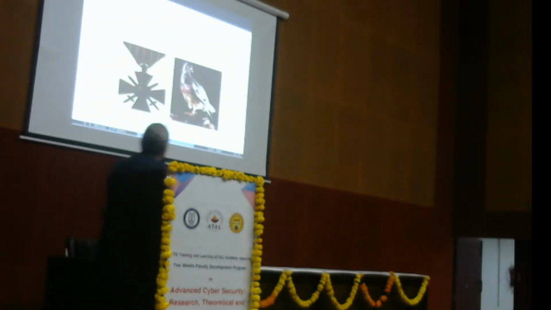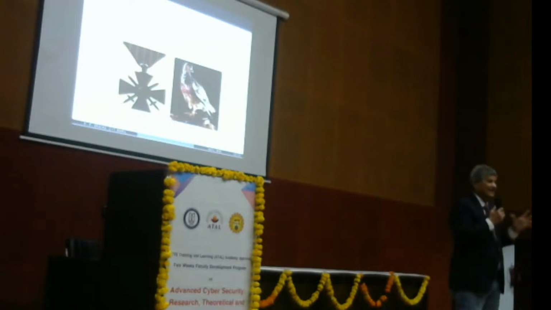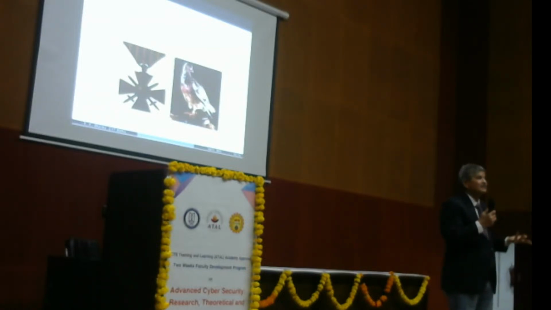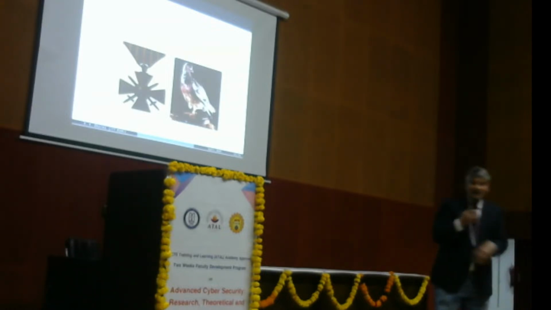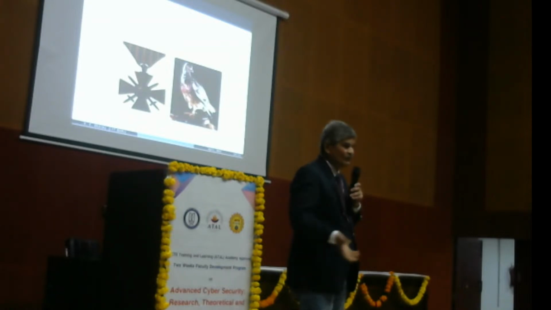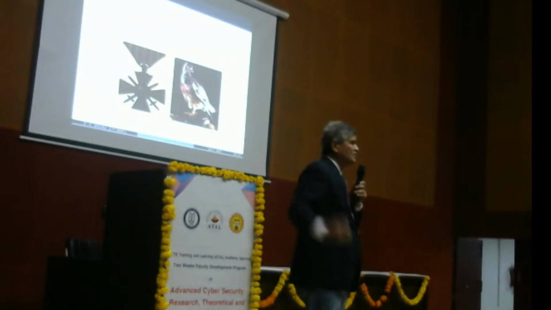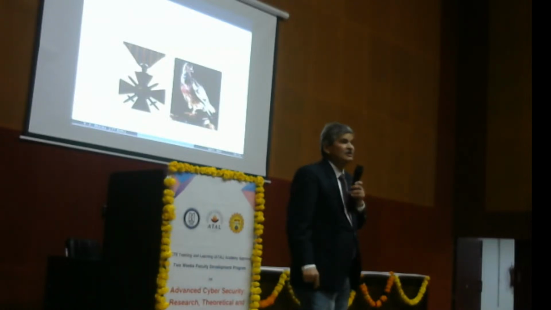Now, this was the First World War, and that is the time in 1918. So what happened is that there was a full battalion of US soldiers, 194 soldiers in that battalion, and it lost contact with the headquarters. They were trapped and believed to have been lost forever. That is why they were given the name Lost Battalion. And it so happened they only had a few pigeons with them. So as the last hope, they started releasing the pigeons, one after the other. And the Germans got suspicious that why from one corner pigeons are coming after pigeons. They only had 12 pigeons. When they got suspicious, they started shooting